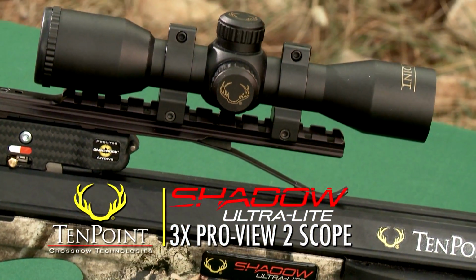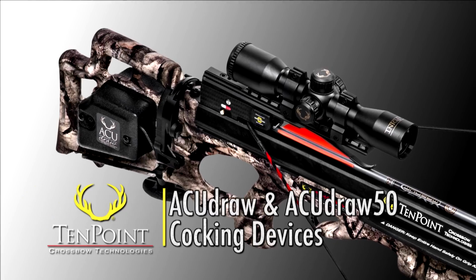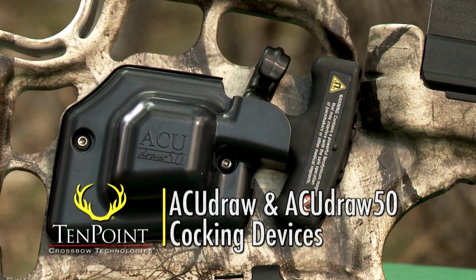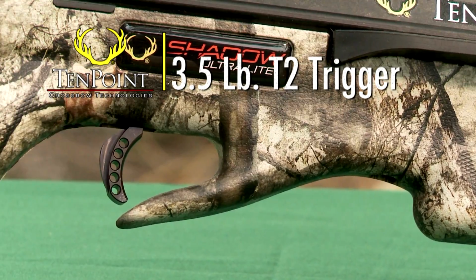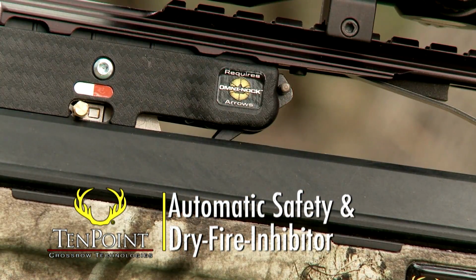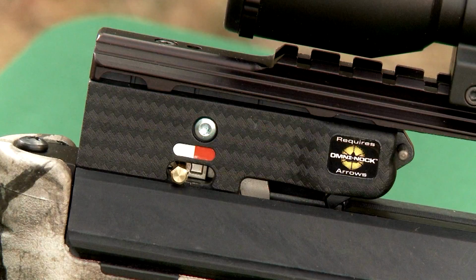The crossbow comes standard with 10 Point's 3-power ProView 2 scope and either of 10 Point's patented automated cocking units, the AccuDraw or the AccuDraw 50. Like all 10-point crossbows, this model comes with its patented 3.5-pound T2 trigger, automatic safety, and our dry fire inhibitor. These components fit in a lightweight trigger housing and provide you with the lightest, safest, and most dependable trigger assembly